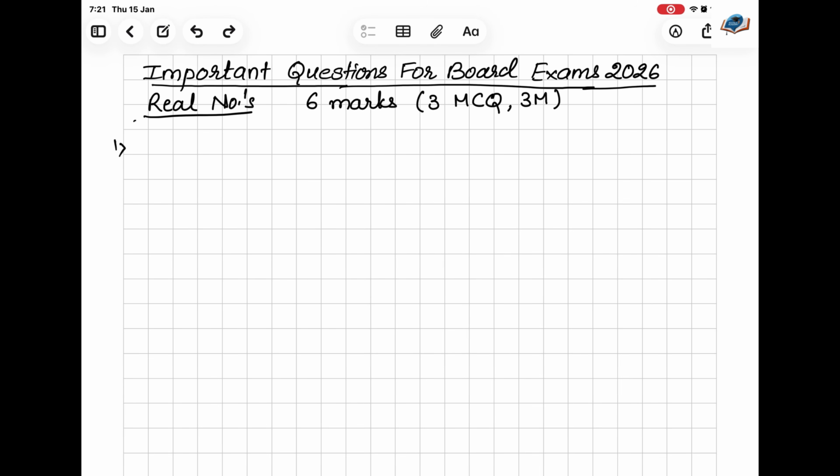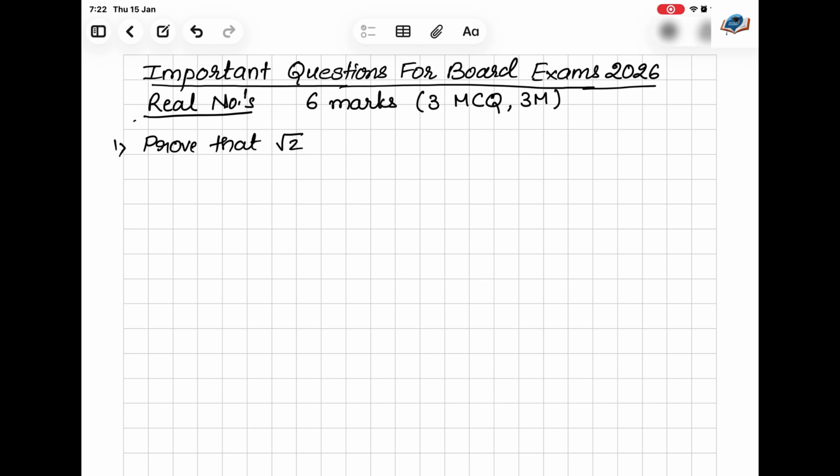Hello all. Now let us discuss some of the important questions for board exam 2026 chapter wise. Now first chapter is real numbers which is of 6 marks where 3 MCQs and 1 3-mark question may be asked. So now let us move to the first possible question, that is prove that